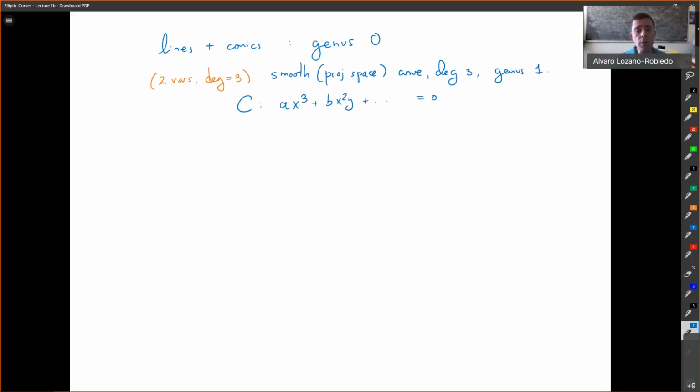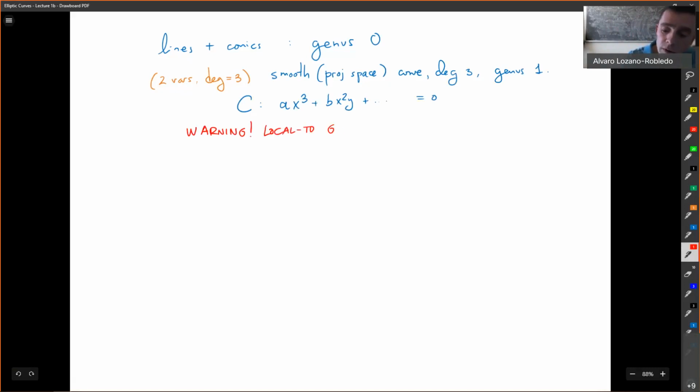The local to global principle now is broken, it fails, and that is the main problem we are going to encounter with elliptic curves, with genus 1 curves: the local to global principle fails. And you have, for example, an example of Selmer,